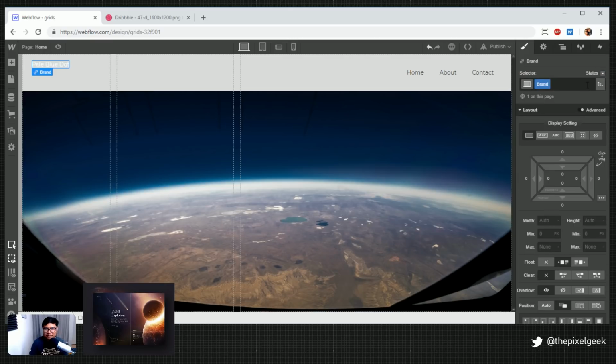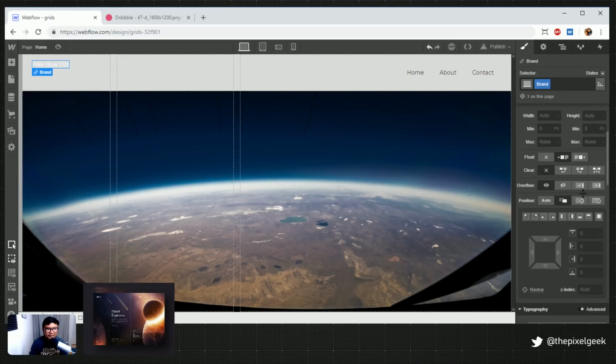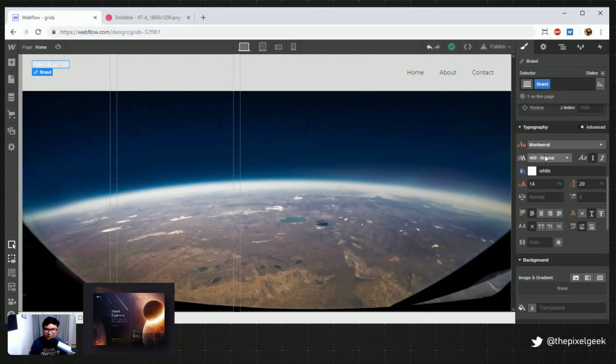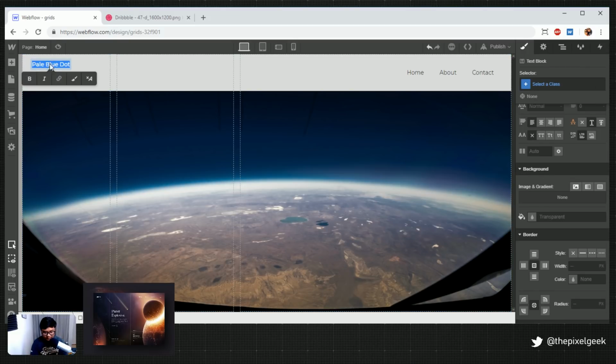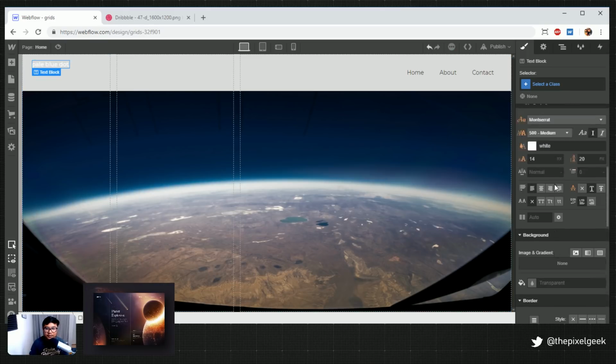Can someone give me a better Google web font to use in Webflow, so I don't have to keep using Montserrat in every stream? All right, so they're using like a medium. Oh, it's all lowercase. Cool.